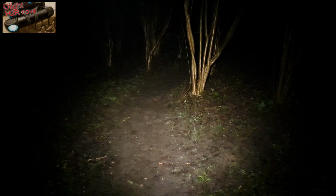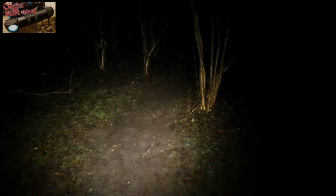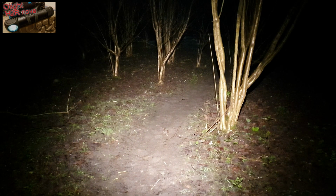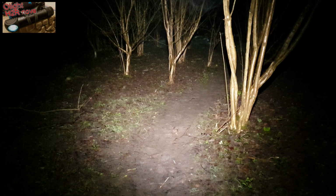Okay, if you bear with me a few seconds, I'm just making some adjustments here so I can actually walk without falling over. Right, so let's go through the settings here. Now if you notice, when you change modes, it's quite quick. So if you hold it down, watch. Boom, boom, boom, boom. See how quick that is? That's very quick compared to some of the competition. Not really an issue, but